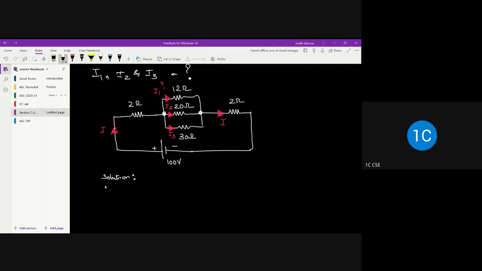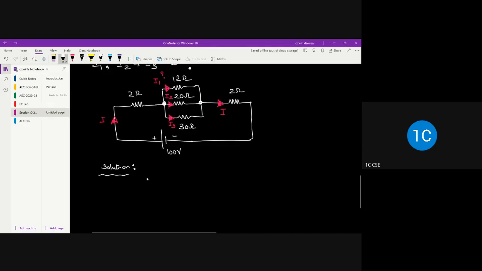You don't have to wait for my method or my solution. Whenever you get an idea, you just apply the idea and try to get the answer. There can be multiple avenues, but you are always going to have a unique solution. The solution can be unique, but you may have multiple methods to arrive at that right solution. So you can start off by applying, let's say, series parallel reduction, etc. You start solving. I will do it in my way.